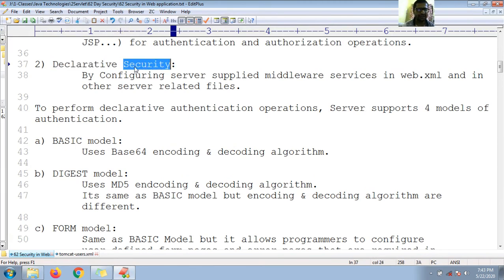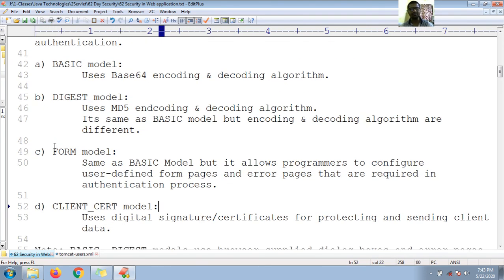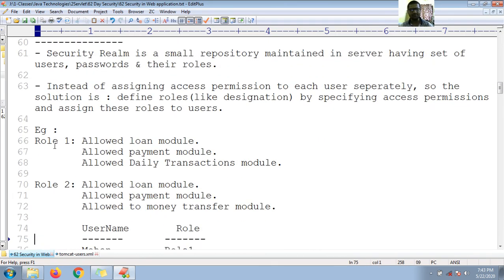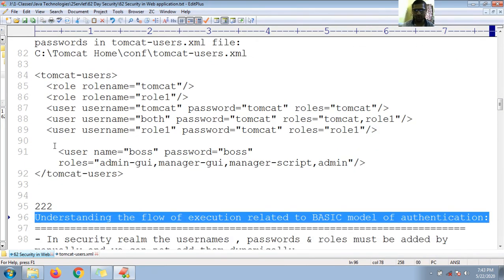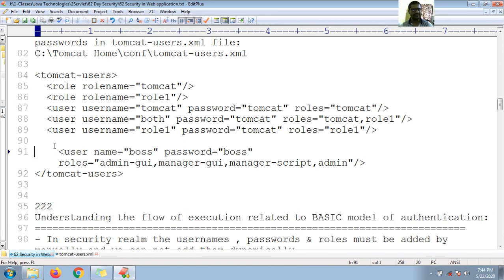Declarative security contains four models: basic model, digest model, form model, and client cert model. So now we shall see the basic model. So guys, let us see one by one.